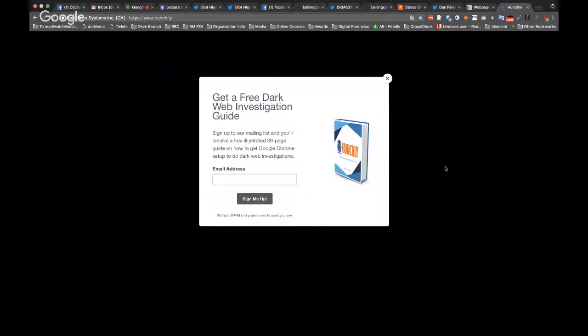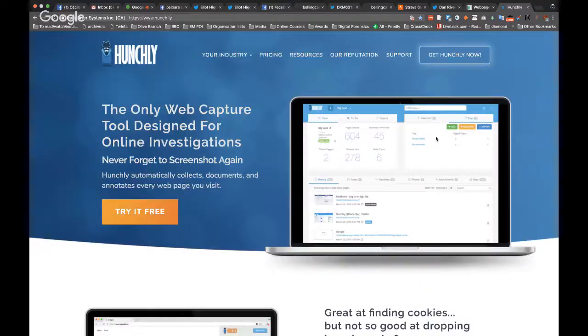You do your search online, you bump into something, and you want to save it, but somehow forget to save it, close the page, move on, and then you're like, oh damn, I forgot where that is. I don't remember, and I can't find the right key term. There is an amazing tool called Hunchly, that costs some money, but you can try it for free.